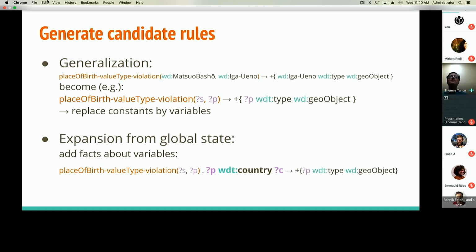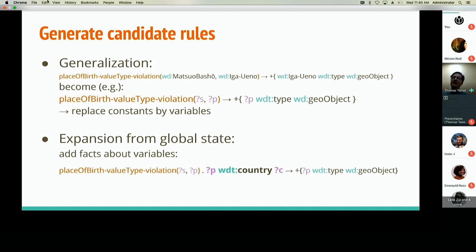Here we replaced most of the constants by variables, but obviously we also generate rules where more constants are still there. So it creates a lot of possible rules, and then we also want to expand it